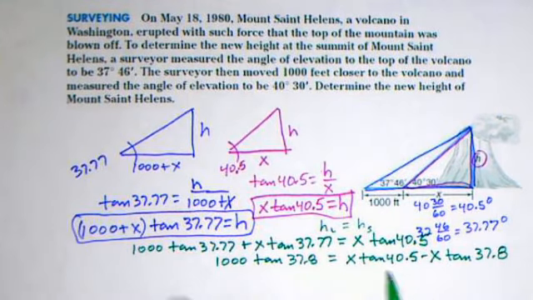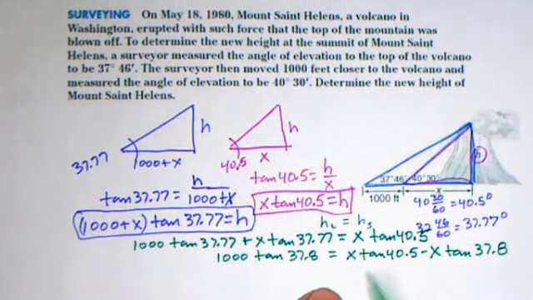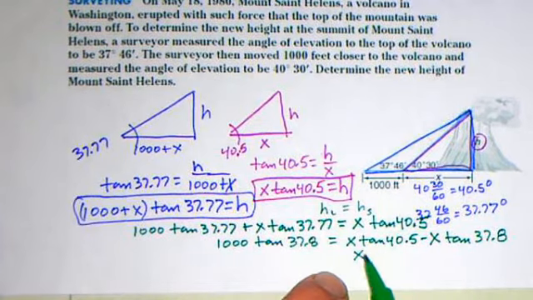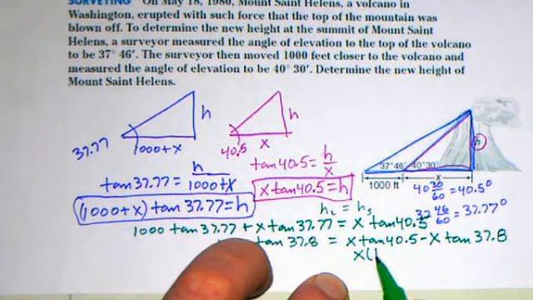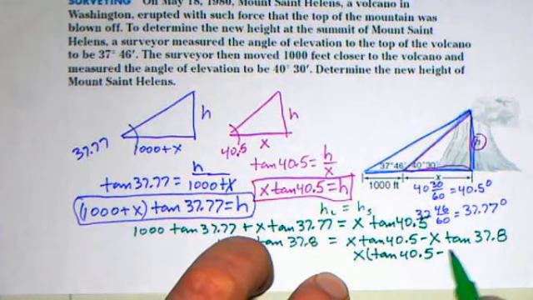These both have x in common, so I can distribute and take an x out of both of these. So I have x times the tangent of 40.5 minus tan 37.8